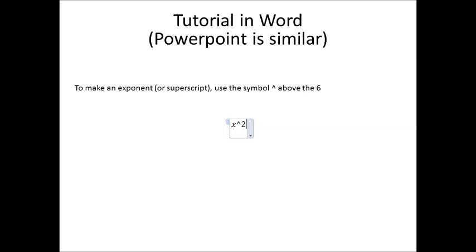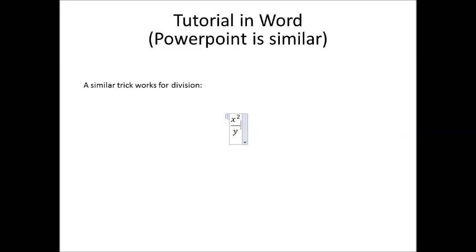To make an exponent or superscript, you can use the caret symbol above the 6. So here I've written x squared, and after I hit space, it turns into a properly formatted exponent. A similar thing works for subscripts if you use the underscore. Another thing that you can do is using division, you can hit the slash sign, and as I've written here, it's x squared slash y, and once you hit space,